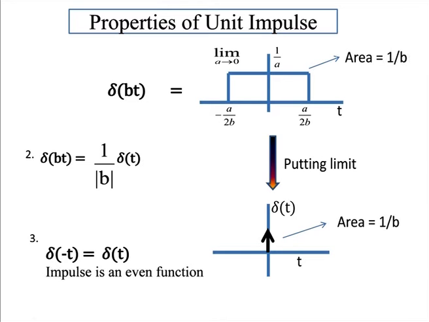Okay. So, that is why δ_b(t) is (1/|b|)δ(t), and δ(-t) is equal to δ(t). This is an even function, that is why we wrote 1 by mod b. You can write it as δ_(-b)(t). So, for δ_(-b)(t), you can again take (1/|b|)δ(-t). So, δ(-t) is equal to δ(t). So, that is why this is always (1/|b|)δ(t). Next slide,